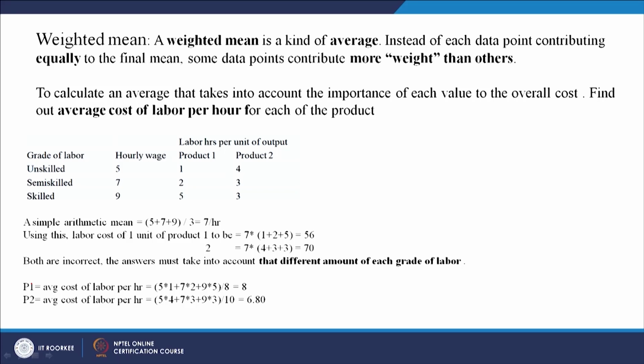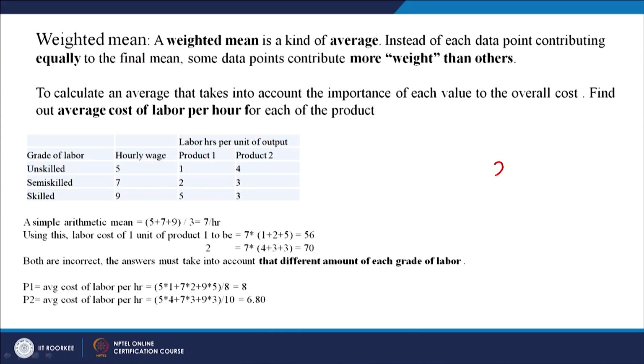Now, the difference between the weighted mean and the simple mean is that in the case of the weighted mean we assign different weights to different data points, while in the case of the simple mean we assign equal weightage. Just to give you an example, let us say you are calculating the mean of these two numbers, 2 and 3. The mean would be 2 plus 3 divided by 2. So, we are giving 50% weightage to this and 50% weightage to this, right. That is what 1 by 2 means, right.